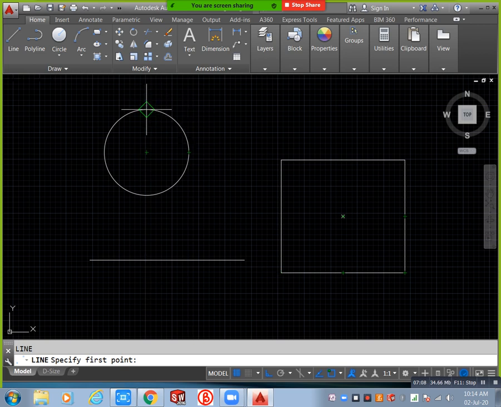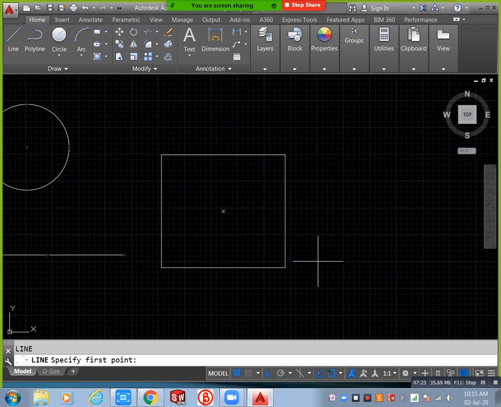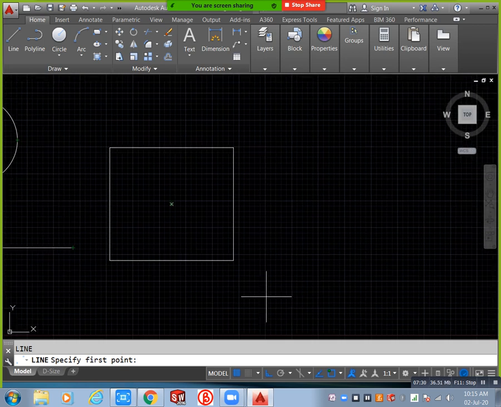Okay, next, now you can see, if you need it, here this is endpoint and this is endpoint, this is midpoint. This type of indication you can use. Otherwise, for example, we have F11. F11 means object snap tracking. This is one of the objects. Based on this object I need to prepare one more line or one more sketch.